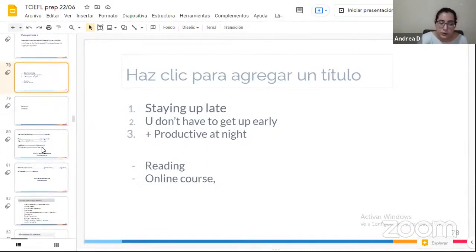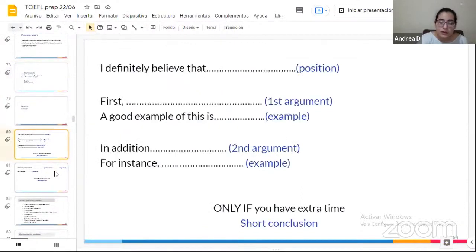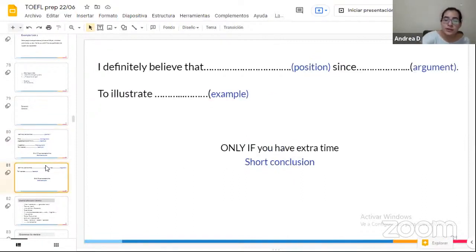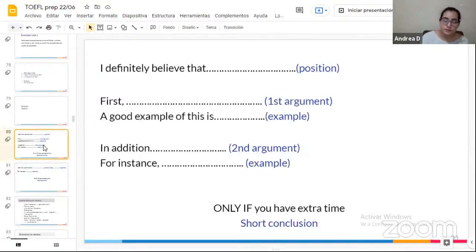Okay. So regarding the template, guys, to be honest, this is just the simplest template that you would find. And the important thing is not really the words that I'm using here. I'm actually going to be giving you some useful words and phrases that you could use to replace these words or to just use in your response. But the important thing is that you keep the structure, no matter if you're giving one argument or if you're giving two, because this is the traditional argumentative structure of a speech, of a